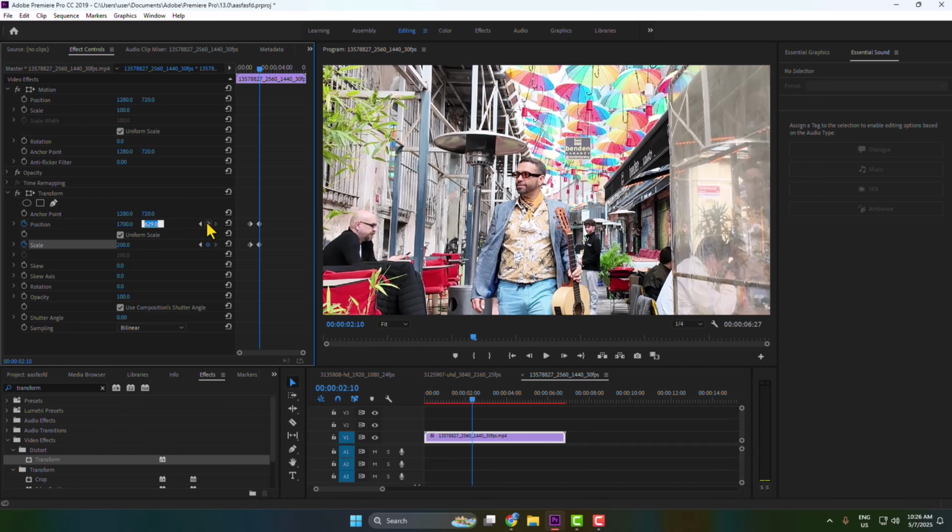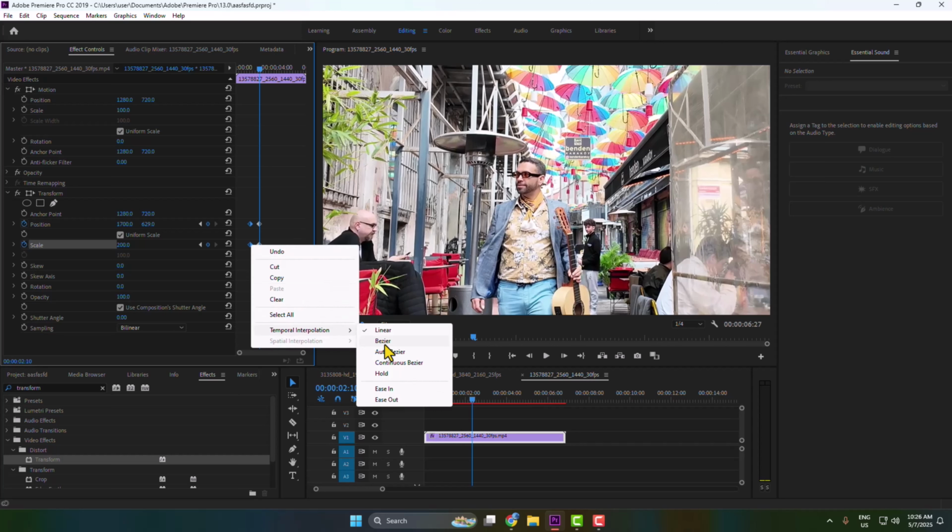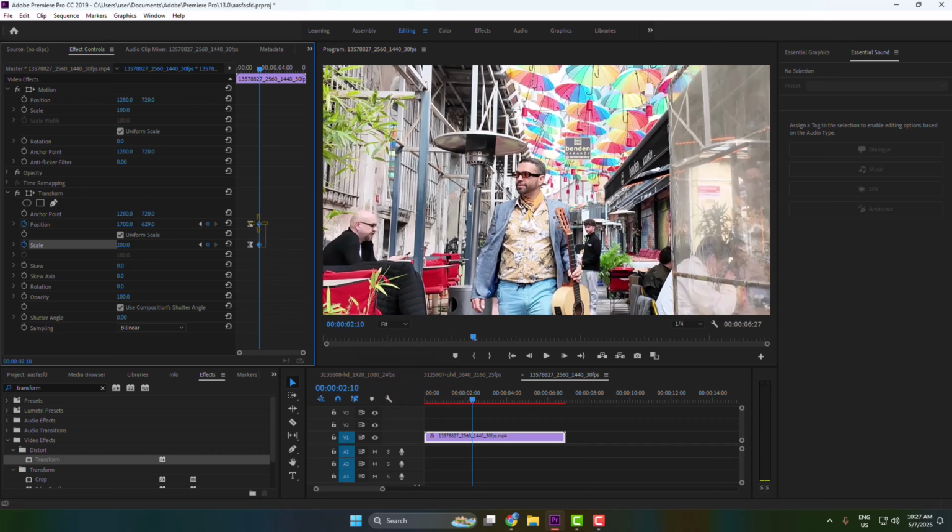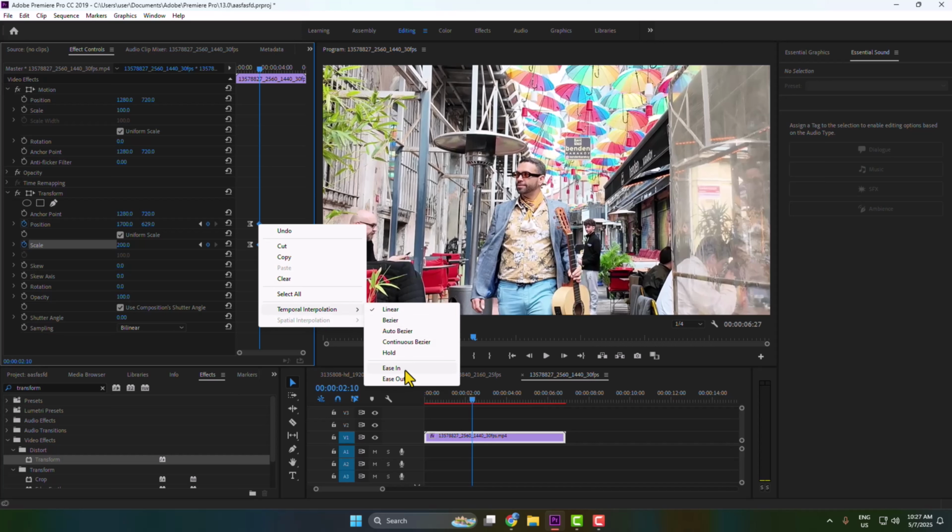And after that, select these first two keyframes and right click any of the selected keyframes and choose Temporal Interpolation. Here add Ease Out, and select your last two keyframes, right click on that, and this time add Ease In,